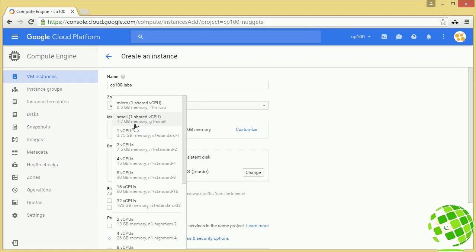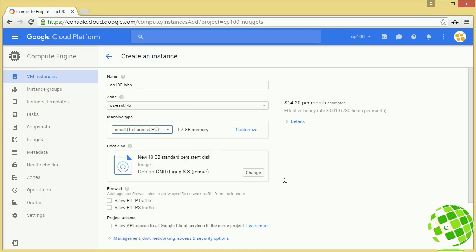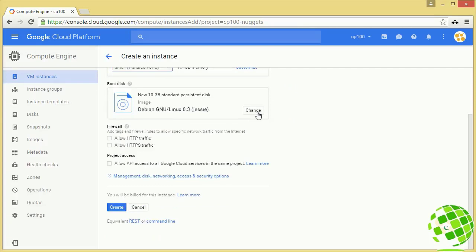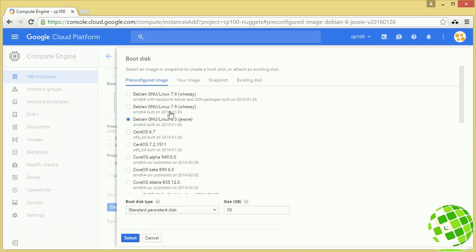Nice small machine, 1.7 gigs of memory, and one shared virtual CPU. So we don't need much more. We're just executing commands against our resources in the cloud, so we don't really need that big of a machine here. And then down here for our boot disk, we want to hit change,